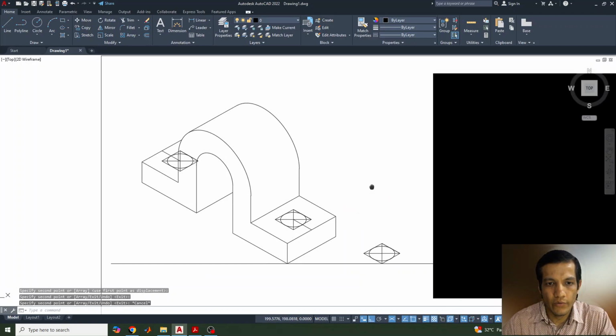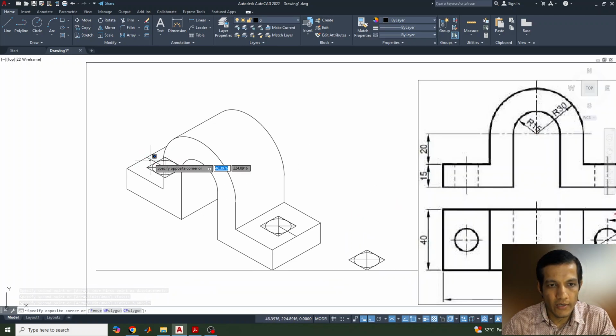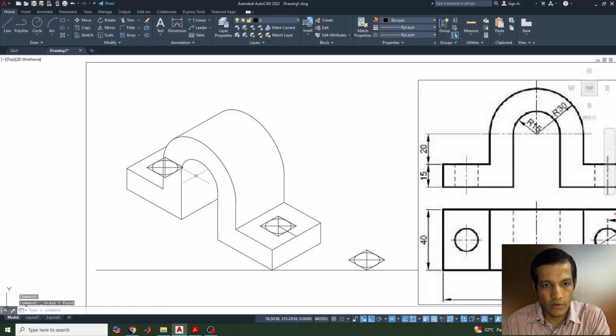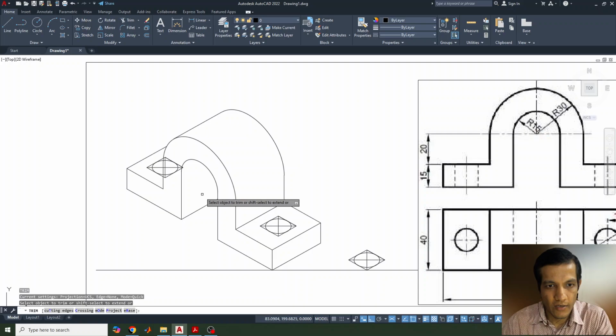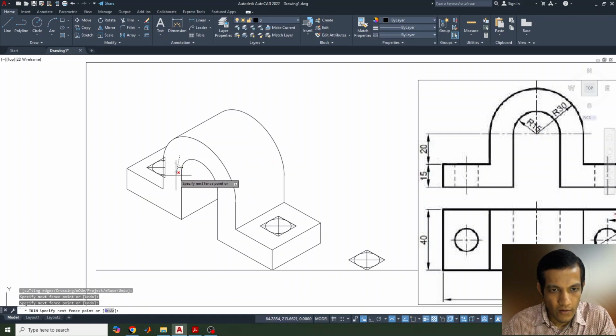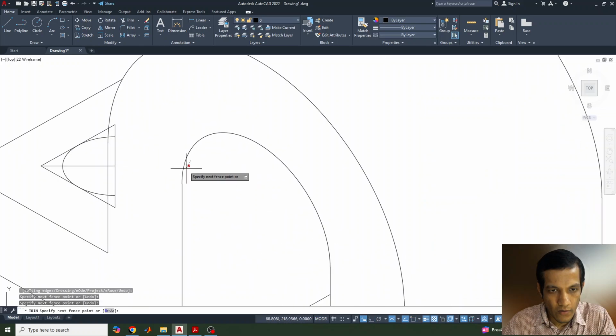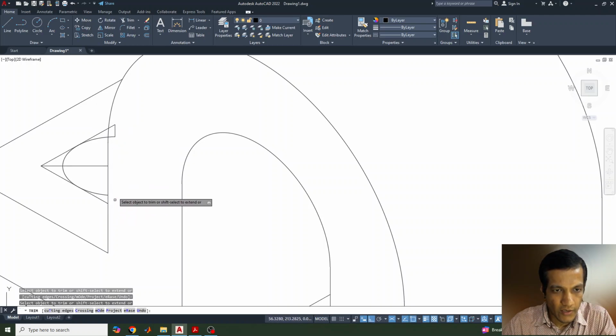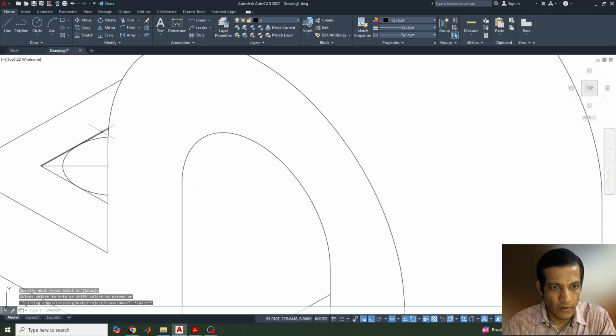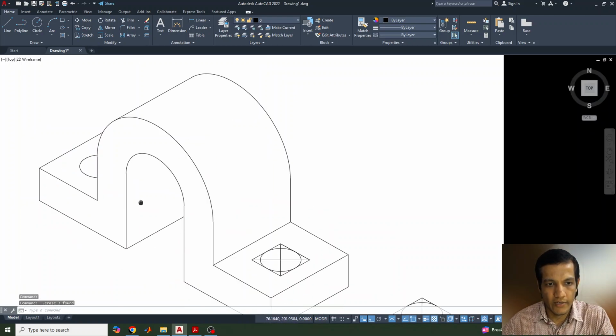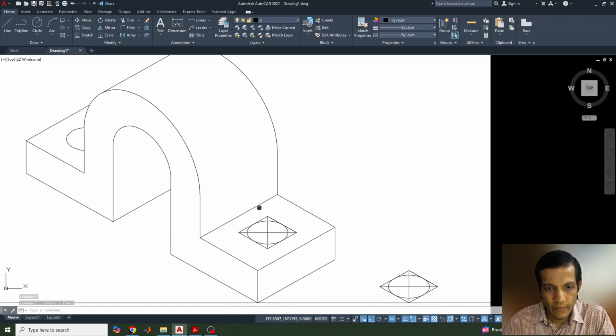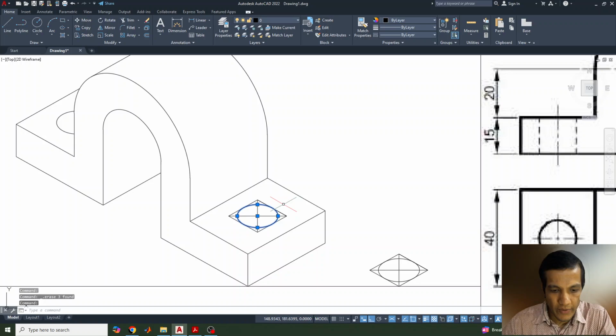Next, one more thing we'll do here: this inside part will not be visible, we know that. This line also we will delete, and the other part we will trim here. Inside this, whatever lines and curves are there, we can delete everything. And this line, all things we can delete. Now similarly here also you can delete it, but before that,